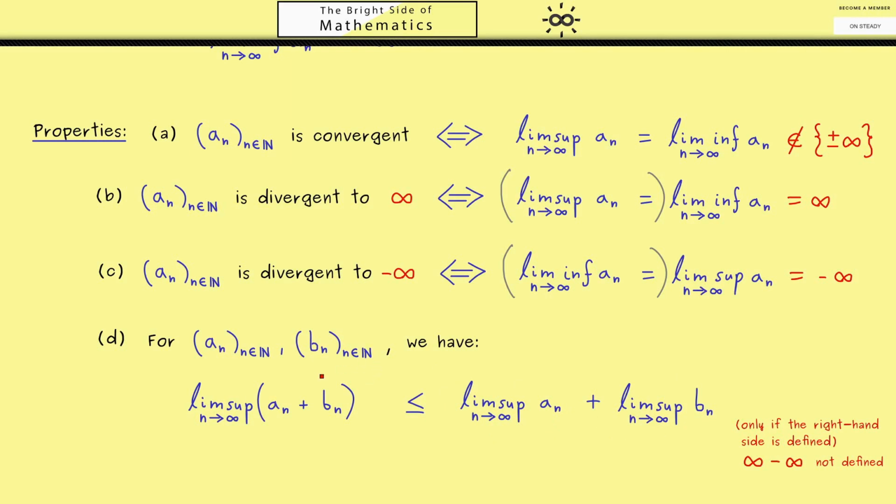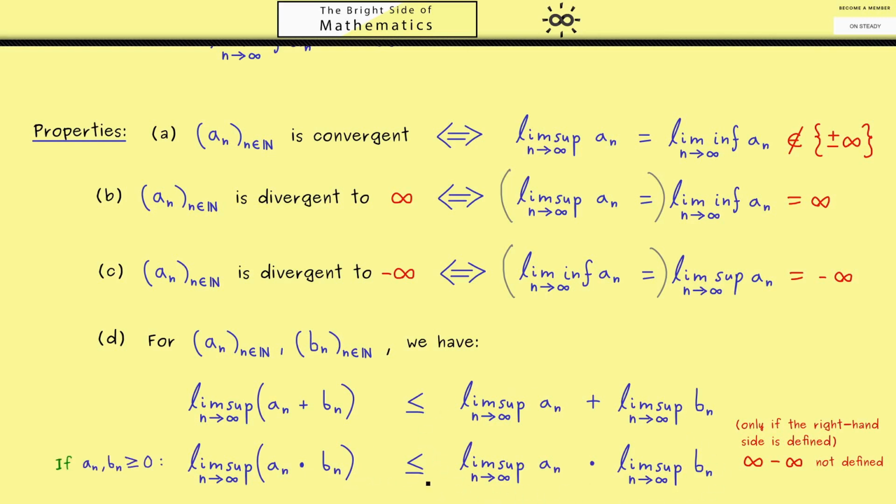Okay, now in the same way, for two sequences you could ask what is about the product. And it turns out it's the same thing. The lim_sup of a_n times b_n is less or equal than the product of the two limit superiors. However, in general this is not correct because we could have different signs for the sequences which would flip the inequality. Therefore, let's formulate and remember this property for non-negative sequences. However, also here we have an exception. For example, 0 times infinity is not defined. This is important to know whenever you calculate with the symbols minus and plus infinity.